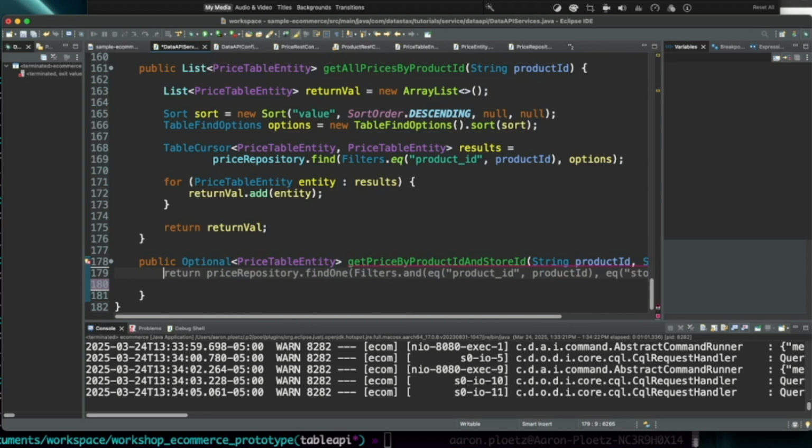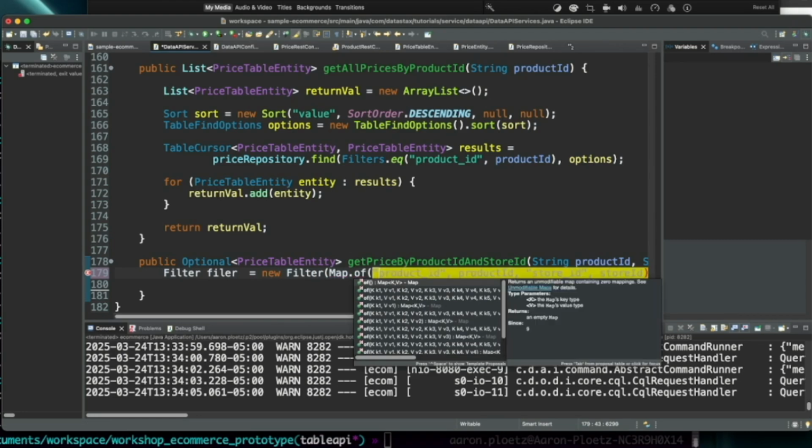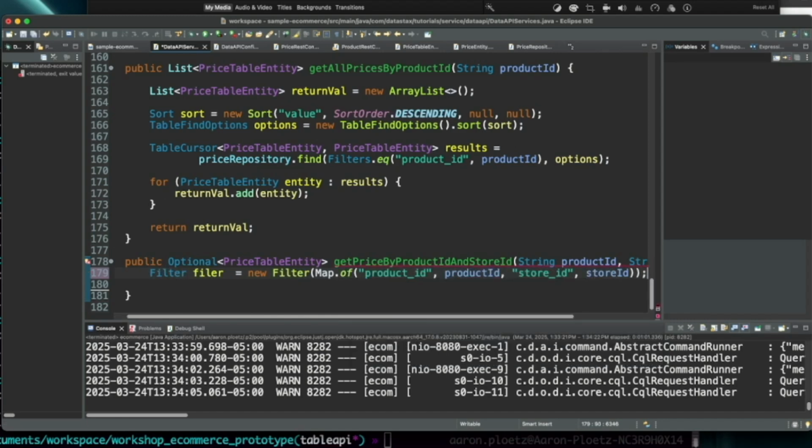So what we're going to do is say filter, and we're just going to call it filter, no creativity there. And we'll say new filter, and we want to do map of, and we're going to say, yeah, that time it looks like it got them right. There we go. Map of product ID, store ID, store ID. I think that'll work okay.